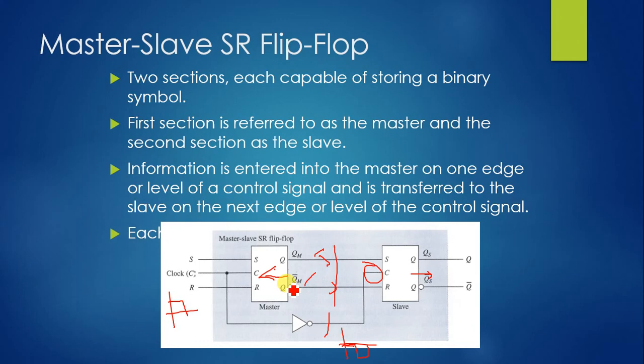So if master slave is not required and you want everything to be done in a sequential fashion, in that case you can skip this NOT gate. That will become a normal mode. That means everybody will get the inputs in a simultaneous fashion, one after the other, just like your sequential logic, right?